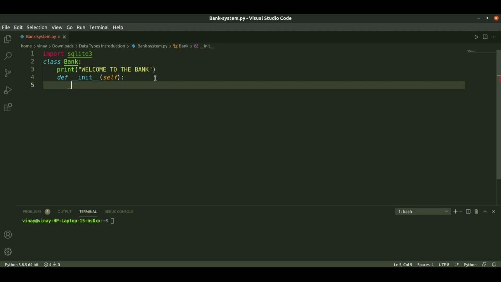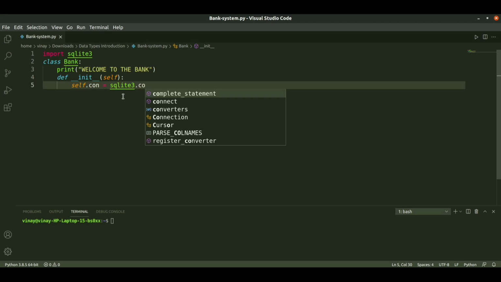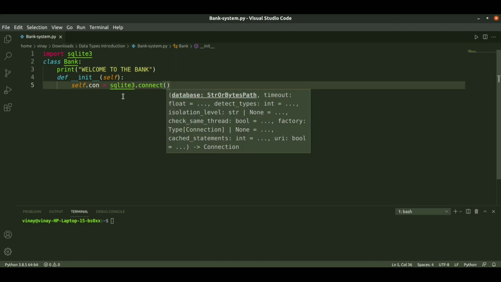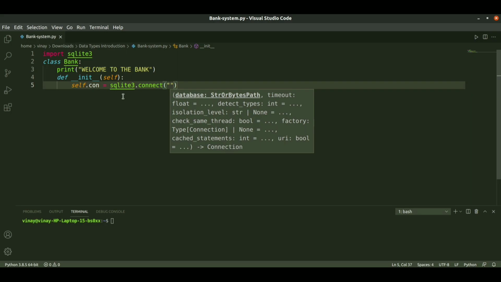For that we will take a variable, self.connect, that is equal to sqlite3.connect, and we need to pass the argument as a string, that is the name of the database with the file extension .db.